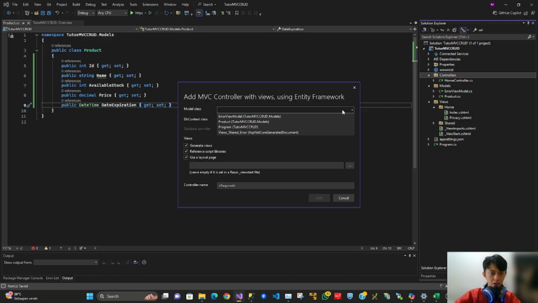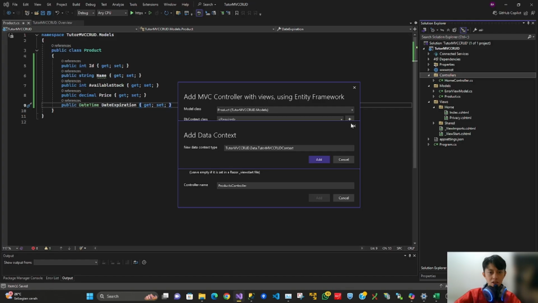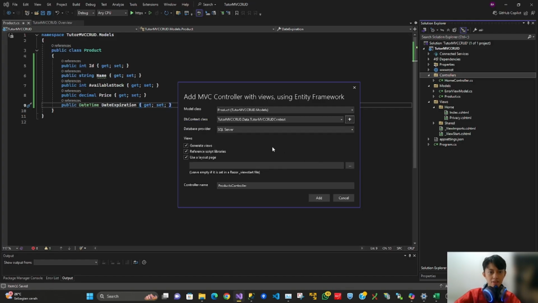Choose the model class that we just created, the Product class. And for the DbContext class, because we don't have any here, just add one. Click add, and make sure the three checkboxes here are checked, and then add.